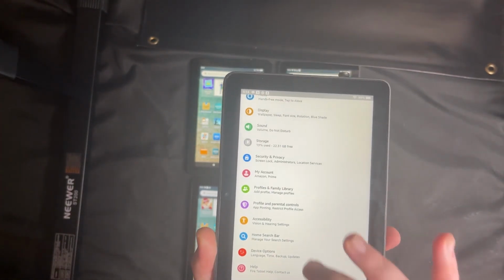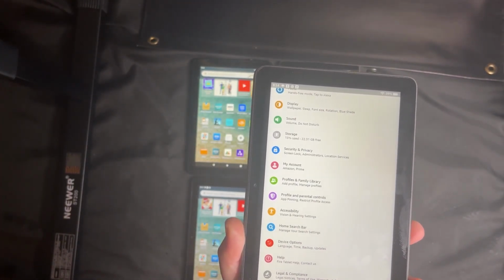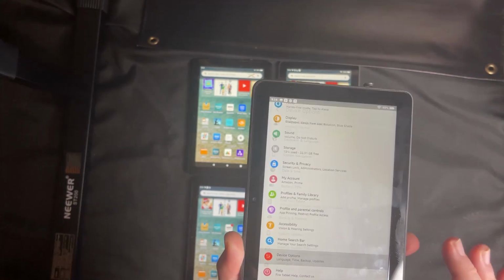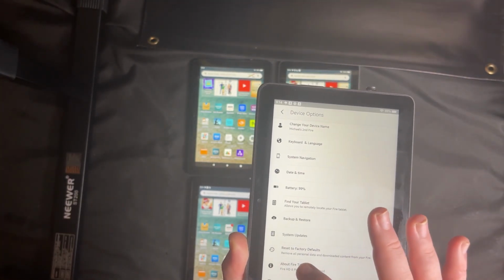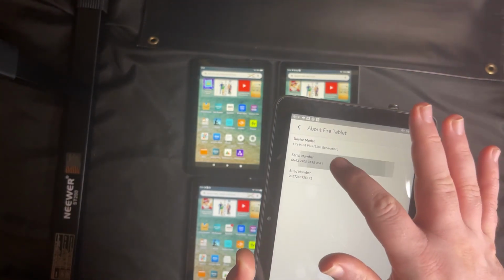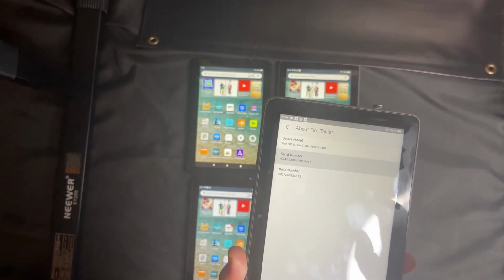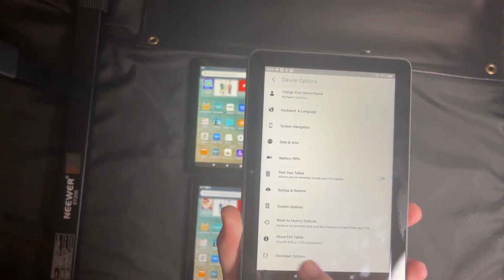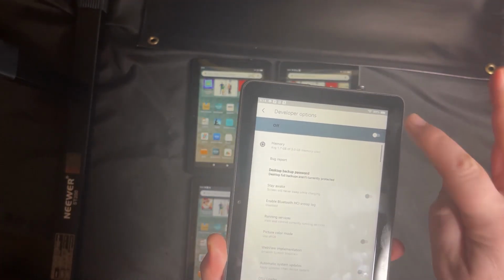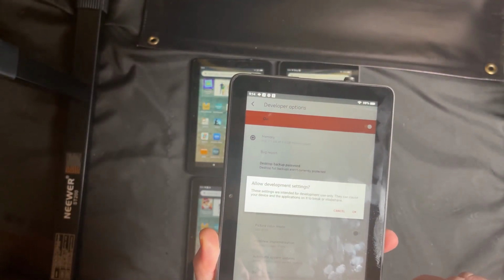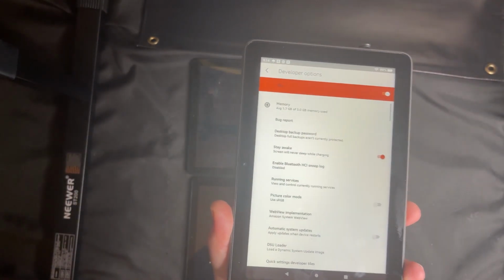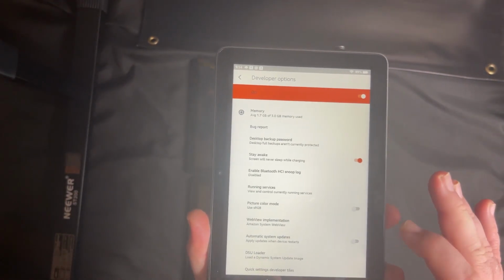The first thing we need to do is enable developer mode. So on the Fire tablets, we go to settings, device options, about tablet, and we tap on the serial number about 9 times, and then we hit back. And now we have developer options. We want to toggle on developer settings, hit OK, and we're going to tap stay awake,